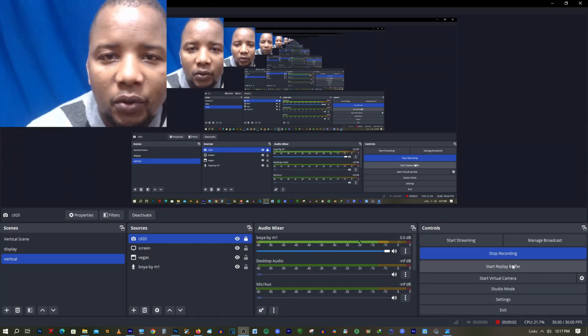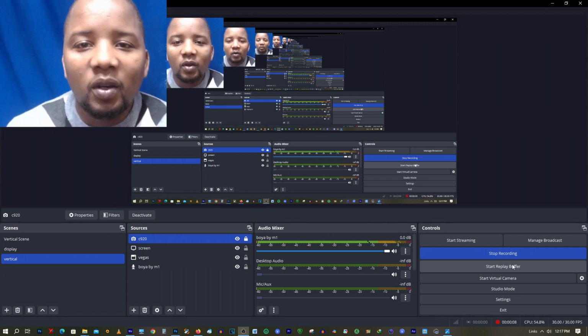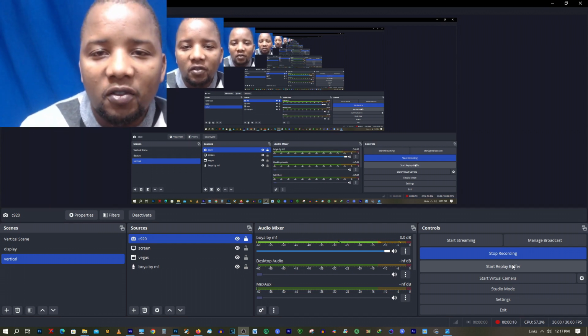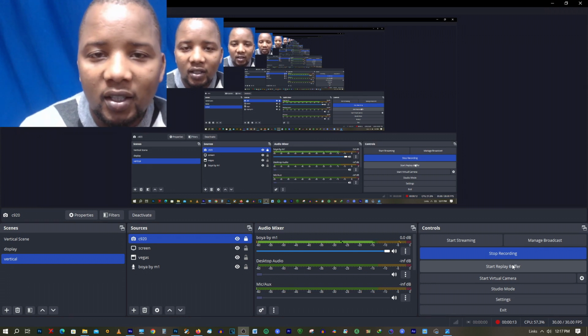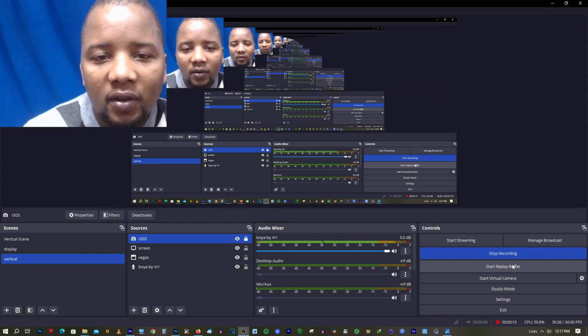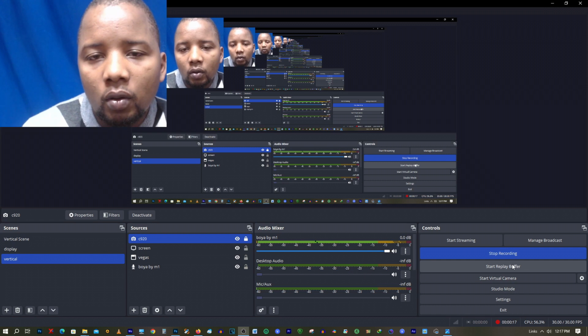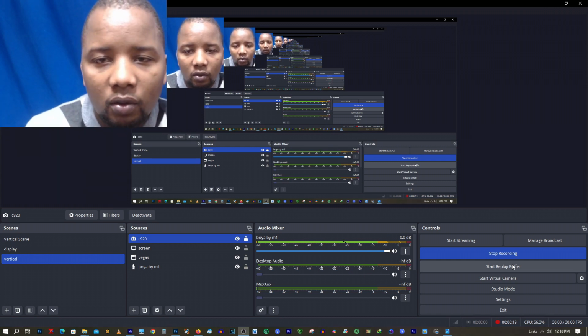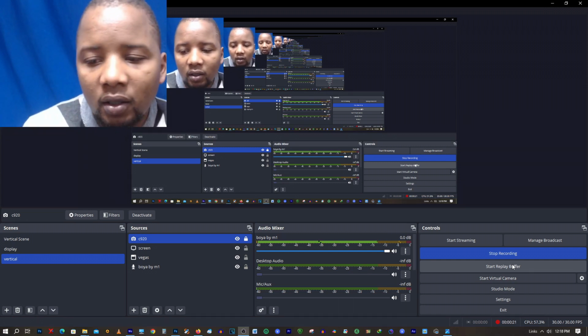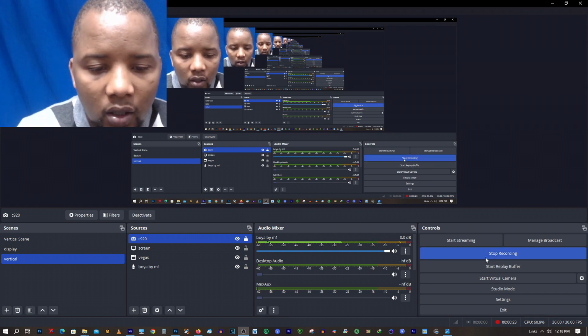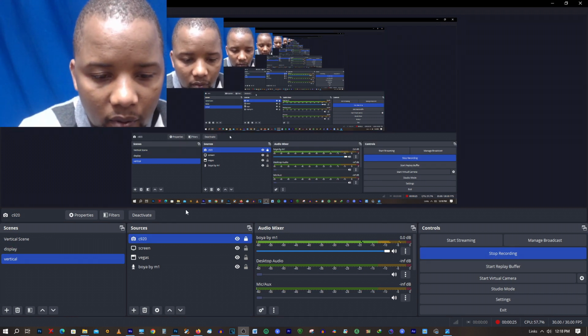In this episode, I want to take you through my settings that I use with this Logitech C920 webcam, which I have been using since 2019 to make videos like this. So I have mine placed on top of my desktop monitor here, and when you go right into OBS, you